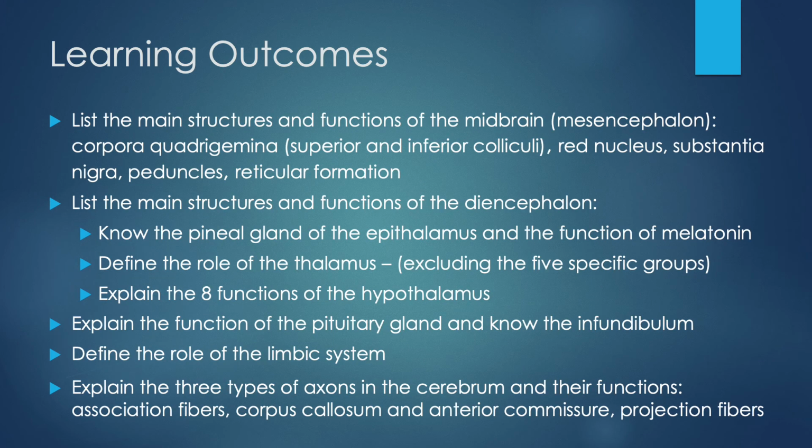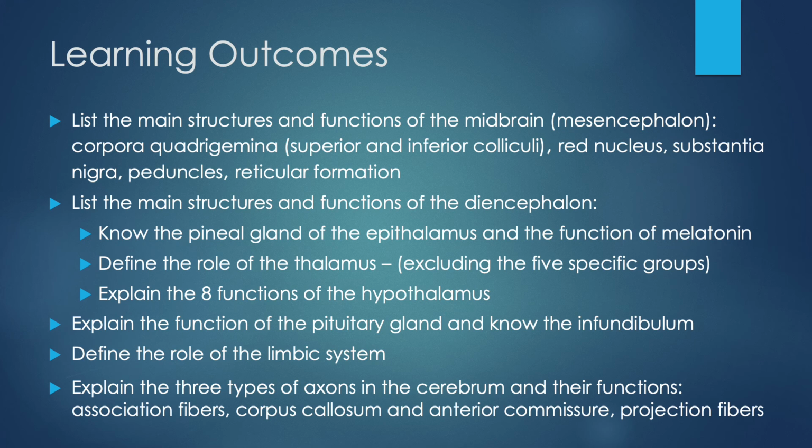Also, you'll list the main structures and functions of the midbrain, or mesencephalon, and this includes the corpora quadrigemina, comprised of the superior and the inferior colliculi, the red nucleus, substantia nigra, peduncles, and reticular formation. You'll know to list the main structures and functions of the diencephalon. This includes knowing the pineal gland of the epithalamus and the function of melatonin. To define the role of the thalamus, and this excludes the 5 specific groups. You'll explain the 8 functions of the hypothalamus, explain the function of the pituitary gland and know what the infundibulum